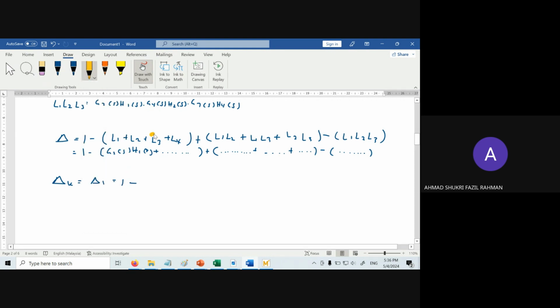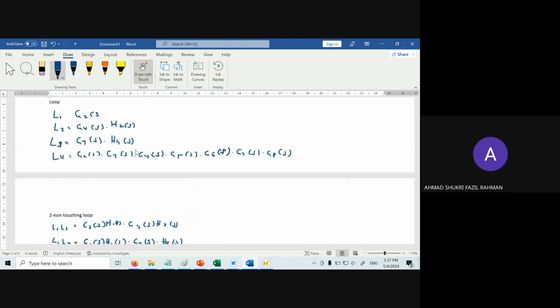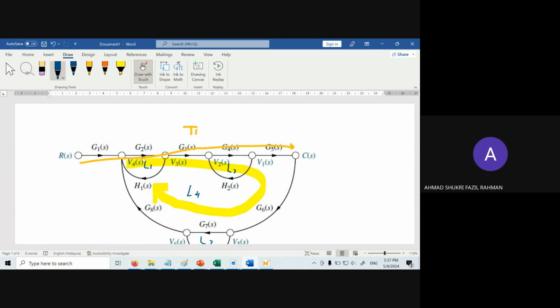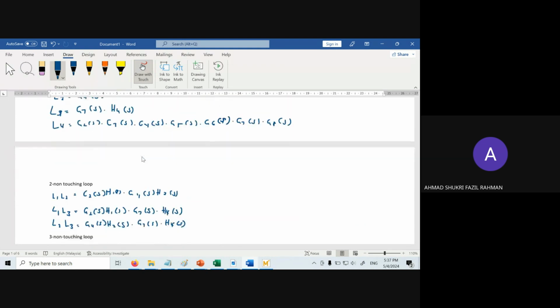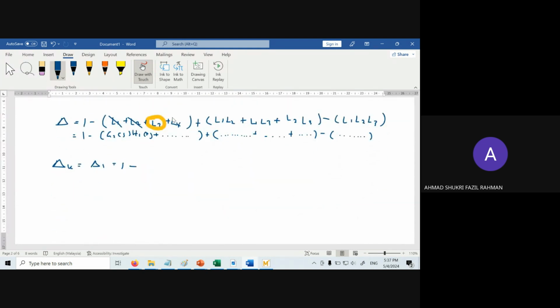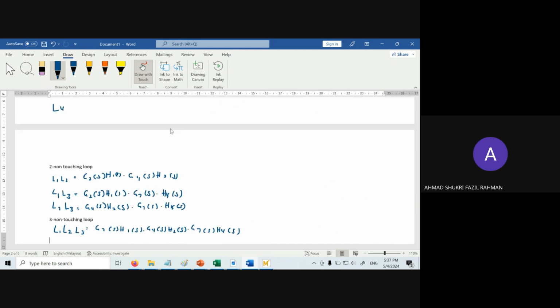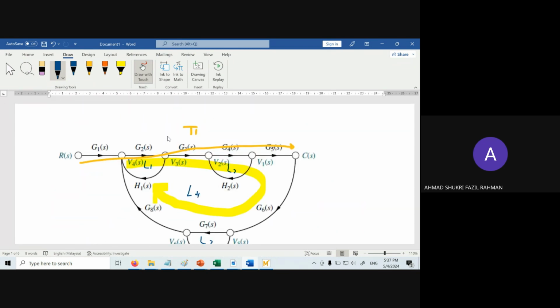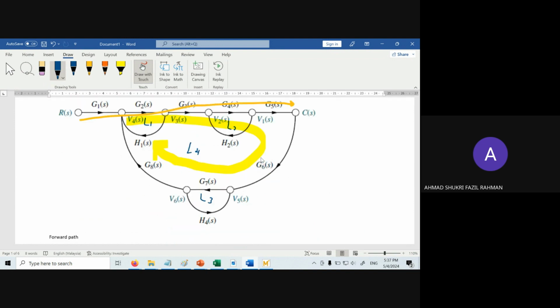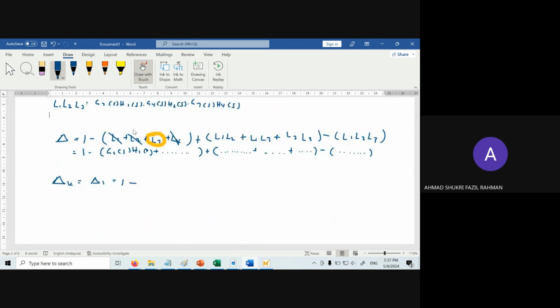So this is L3. So the rest we can eliminate, because they share the same path. If you refer back to L1, you can see L1 is actually sharing G2. So therefore we can eliminate. And then we can also eliminate L4. L4 also shares the same path through G2, G3, G4, and then D5. And then this one we also eliminate, and then eliminate the whole thing.